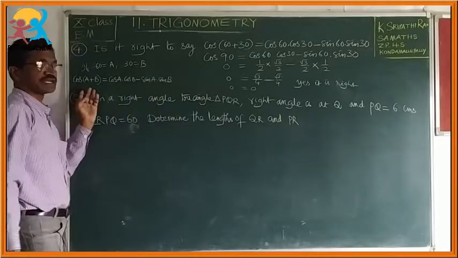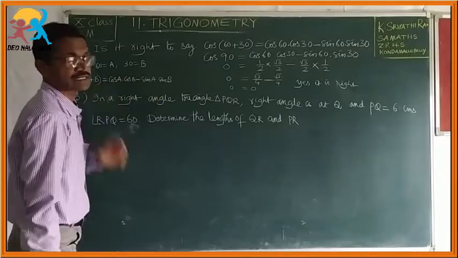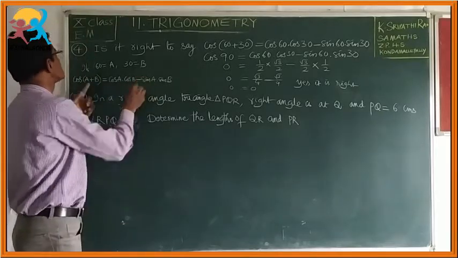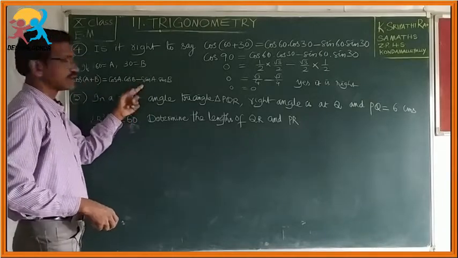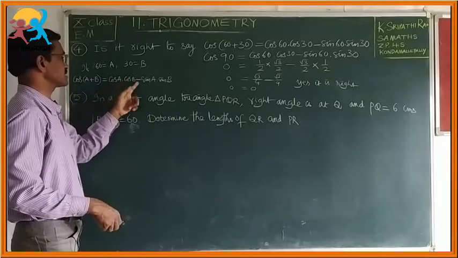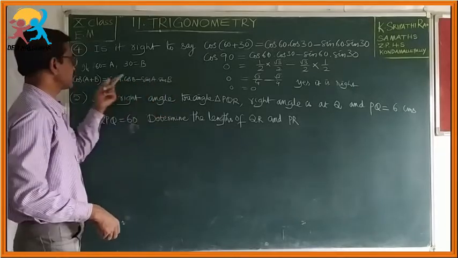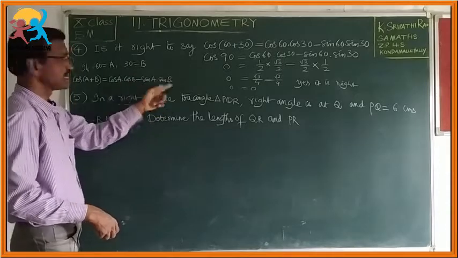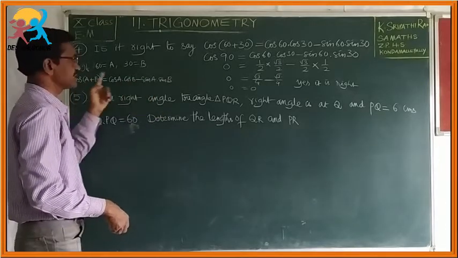This is trigonometric ratios for compound angles. If minus is there, we get plus here. If plus is there, we get minus here. For sin of A plus B, we get sin A cos B plus cos A sin B. But here we get the same trigonometric functions, cos cos sin sin. If plus is there, minus is there, plus.